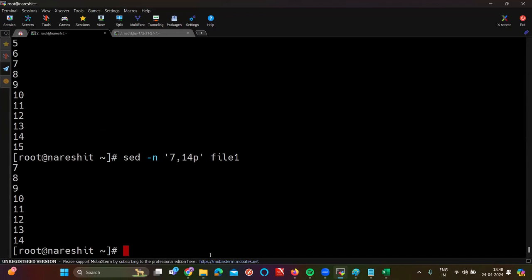Now after this one, even some people will get some other queries. Sir, I want to print only odd lines. Or I want to print only even lines. Or I want to print random lines like 2, 9, 16, 17, 18, 100. Is it possible? Yes, of course it is possible. But it is a concept of your upcoming days. Don't worry about this as of now.